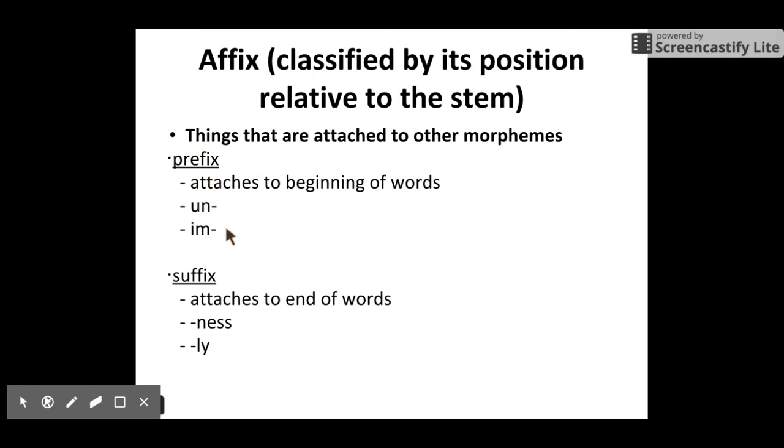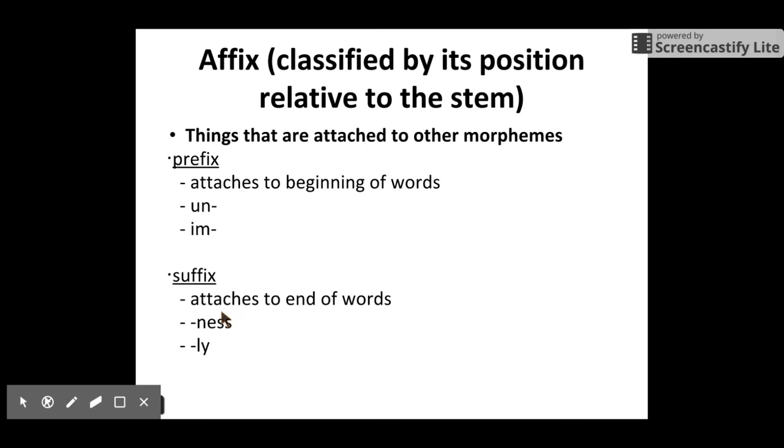We have two examples here: un- as in unsatisfied, and in- as in impossible. They attach to the beginning of words, so they are called prefixes. And we have the opposite of prefix, which is suffix, which attaches to the end of